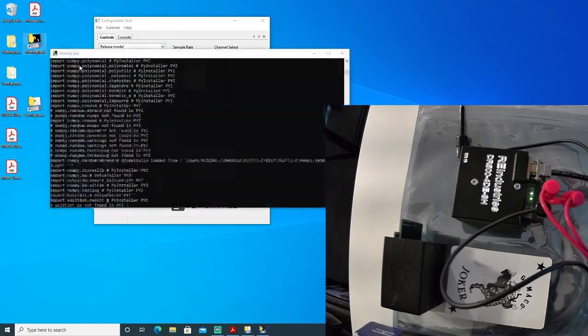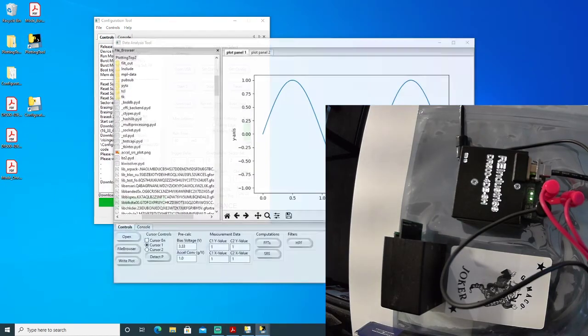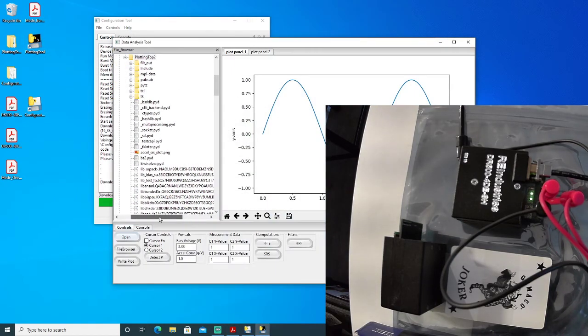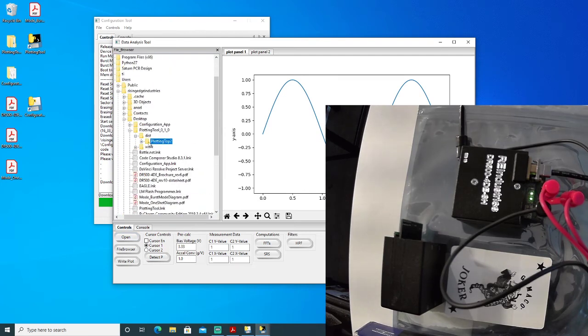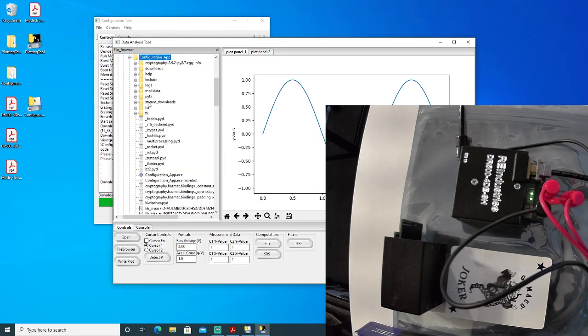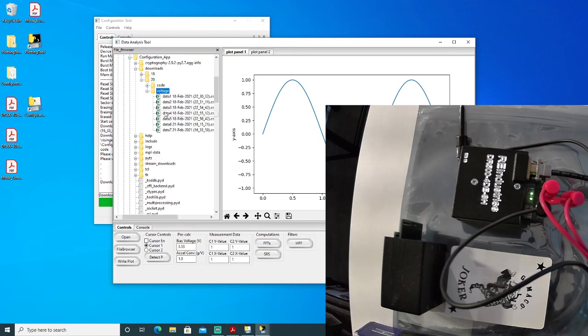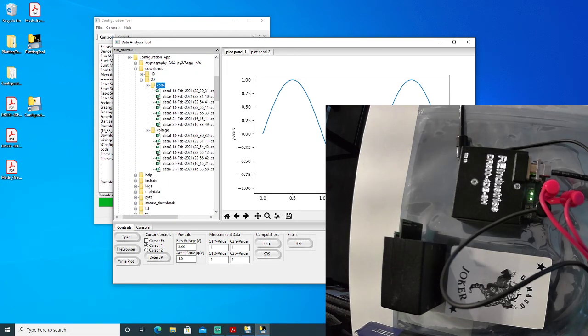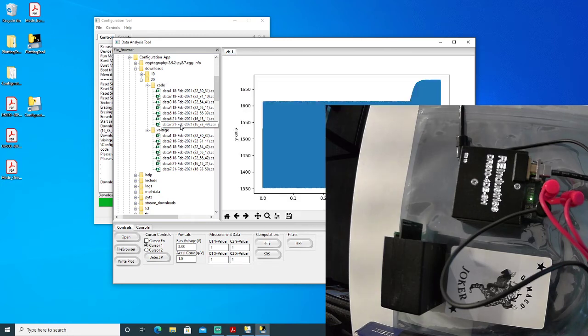And so we'll run our data analysis tool. Move our console. Okay, we'll go in the root directory of the configuration application, go to download, serial number 20, voltage. Actually, we can look at the ADC code data right now. So we triggered at 1675. You can see we're looping through at 500,000 samples per second continuously